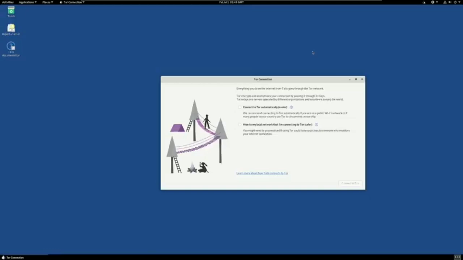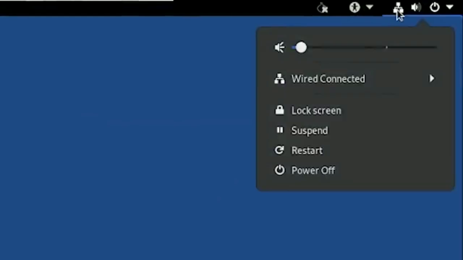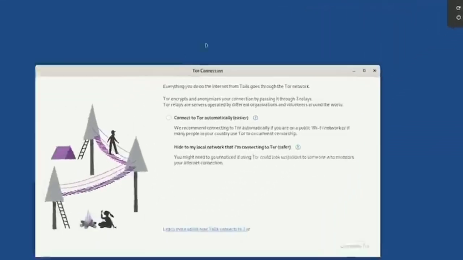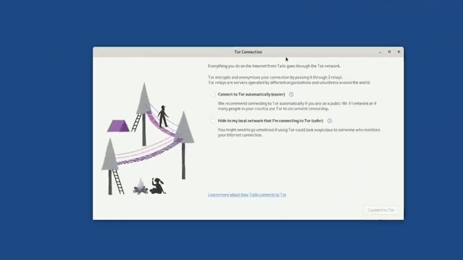So again, it is imperative to only use Tails on a USB drive. Now, in this situation, I have connected to the internet by plugging in an Ethernet cable, and you can see that up here. You can also go up here and choose a wireless connection if you do not have a wired connection, connect there, and once you are connected to the internet, you can see here that a Tor connection